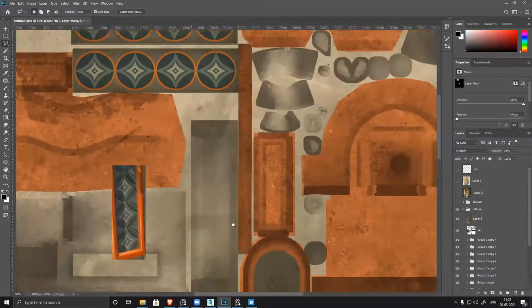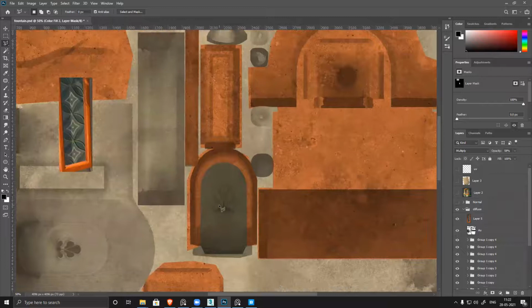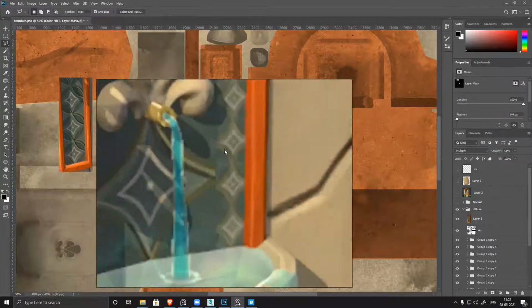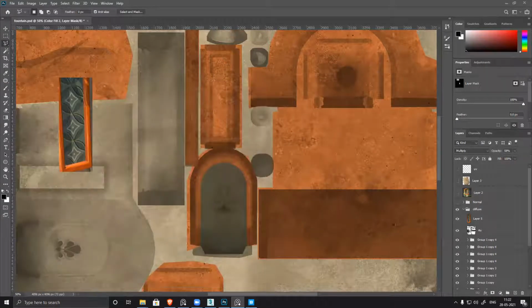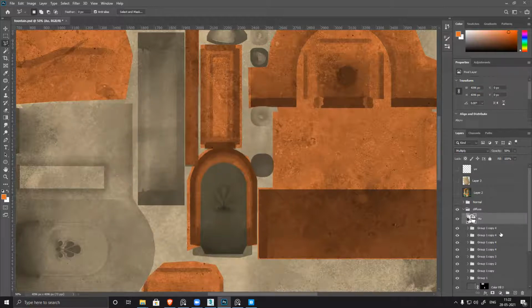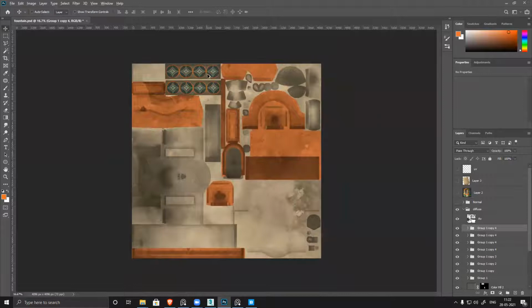This also becomes the same color. Now I need that pattern, but in that pattern the circle is not there. It's just the rectangle, this diamond shape only. Delete this, duplicate any one of them and bring it here.